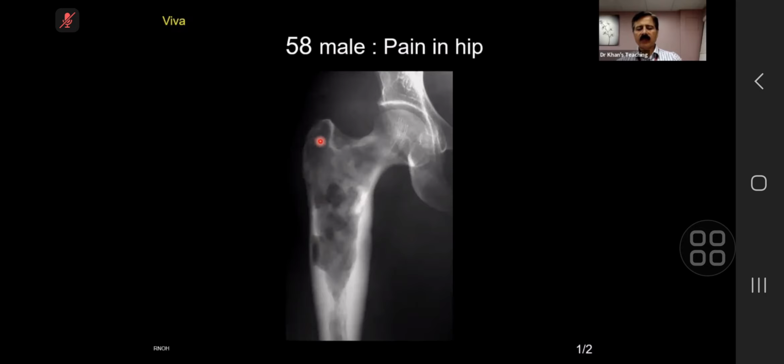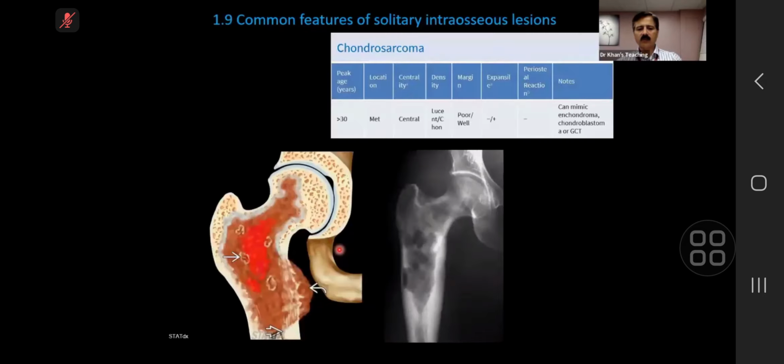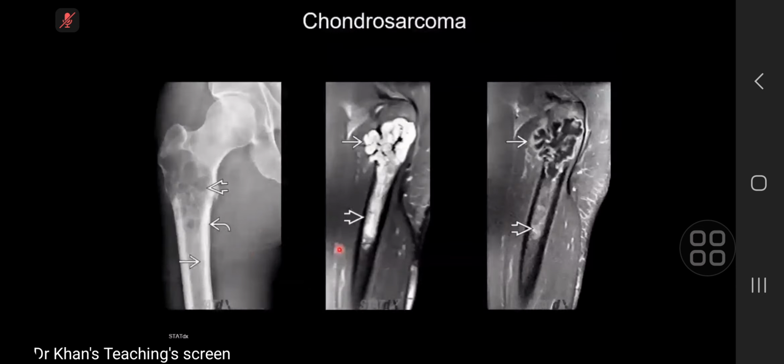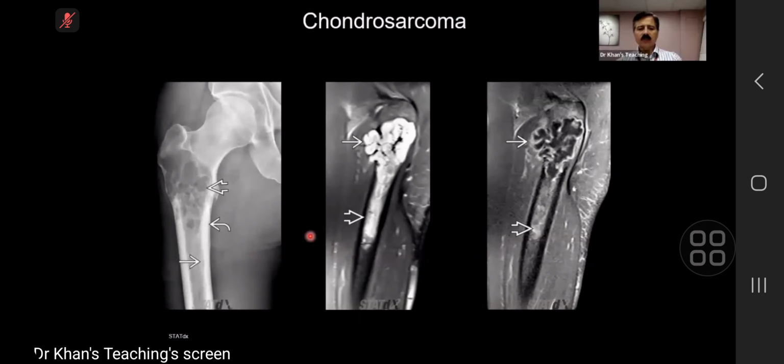and this endosteal scalloping and the involvement of more than 2/3 of the length of the bone is what we are talking about. So this is a chondrosarcoma. And if you see here from literature, so this kind of case again can come in your exam, and you can see this lucency. This is the endosteal scalloping, and on MR you can see a bit of enhancement, and this lesion has